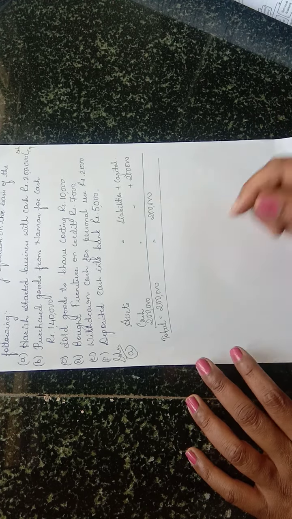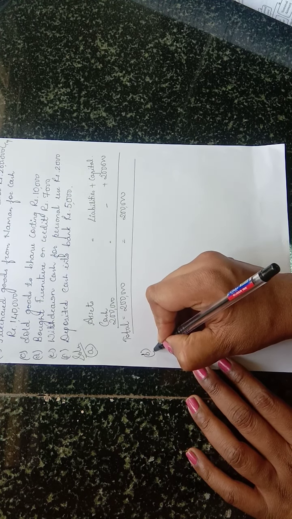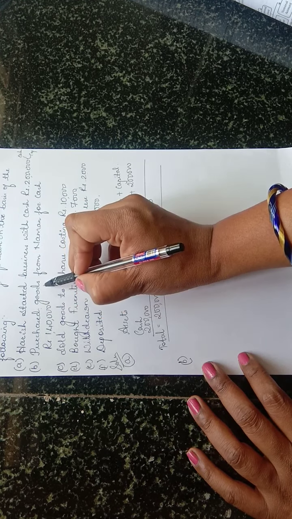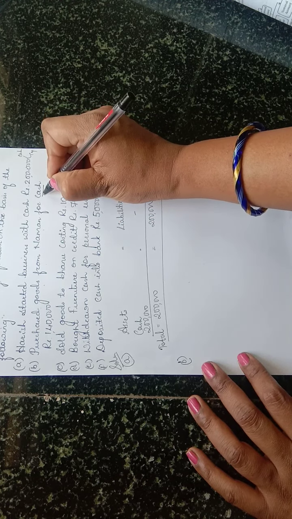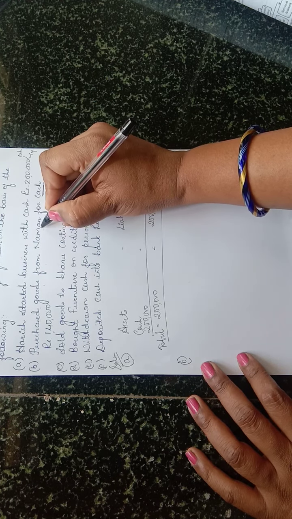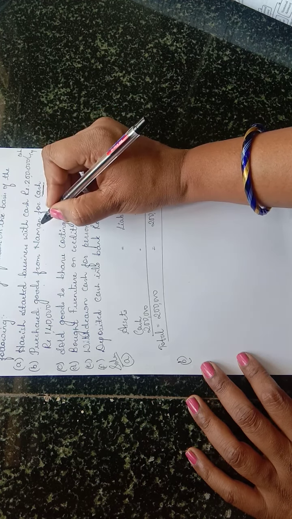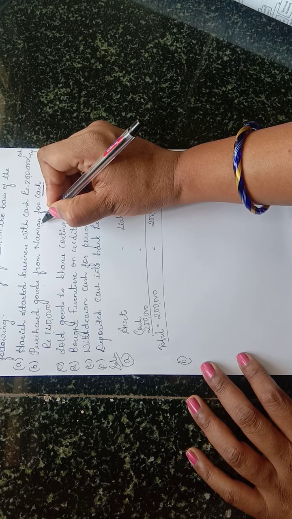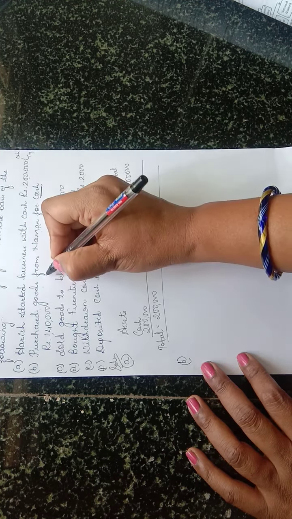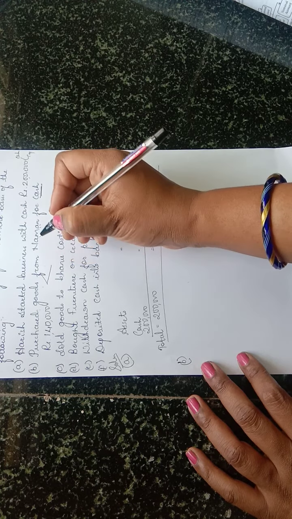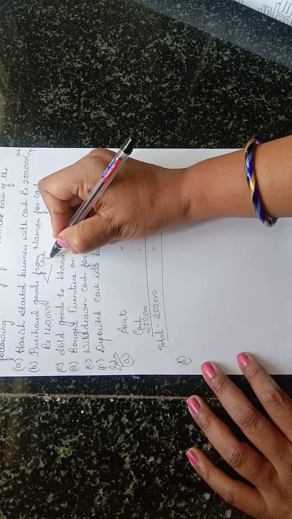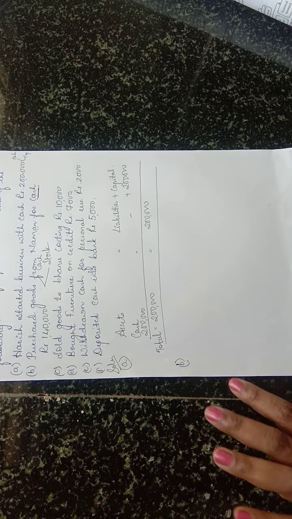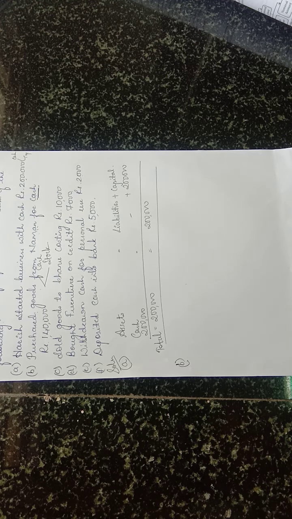Tallied means equal. Okay, so second transaction, see what is second transaction? Purchase goods from Naman for cash. When cash transaction is there, that time name of person is not necessary, because when credit transaction is there, that time we have to write the debtor or creditor name. Now here 2 accounts affected. Main cash account is there, and one more, purchase goods means stock account will come. When you purchase goods or sell the goods, stock account will arise, right?